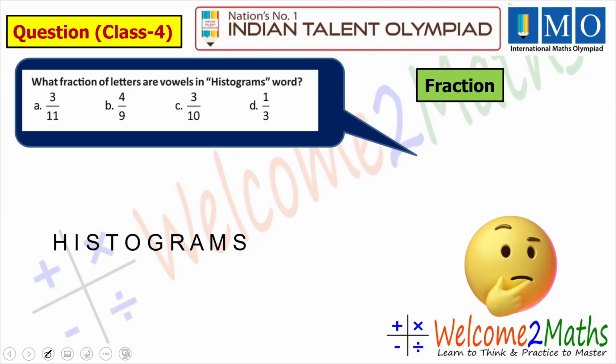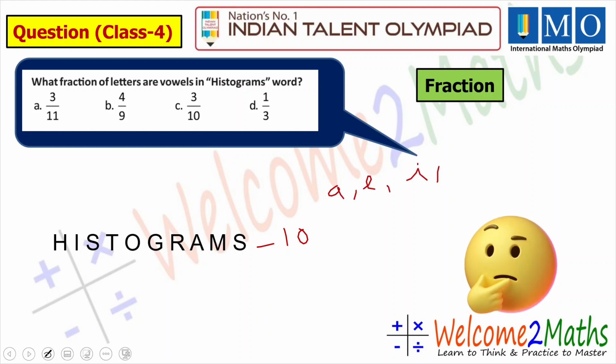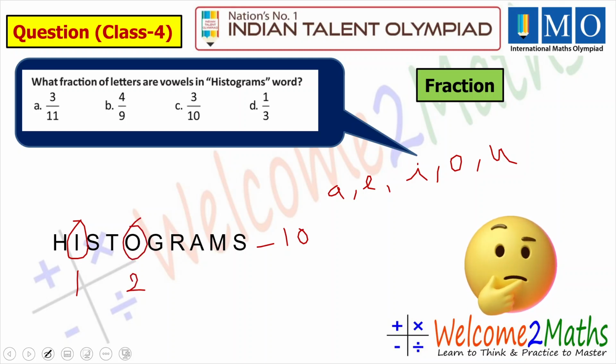Now we have to find out how many vowels are in this word. In our English alphabet we have 5 vowels: A, E, I, O, U. Now let's see how many vowels we have in the word. I, 1 vowel we got. Next vowel is O, that's number 2. Any other vowels? Yes, we have A here, so it's 3. So there are 3 vowels here.